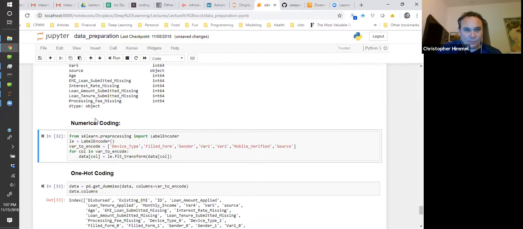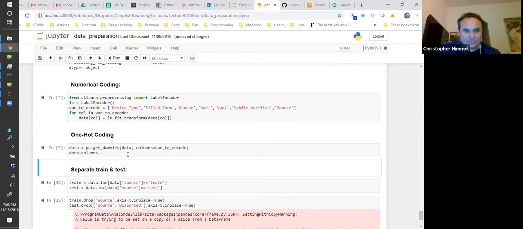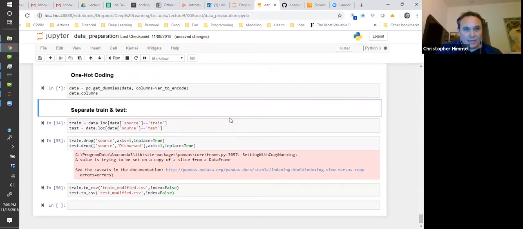doing the fit transform to convert the labels to separate columns, one hot encoding. So that's what this is doing. And looks like it's going to take a minute. Okay, then